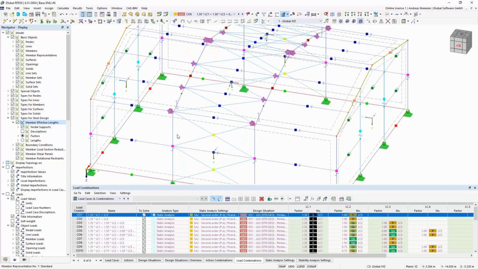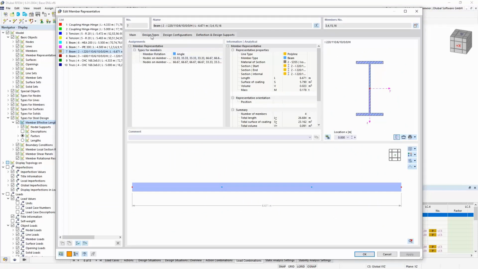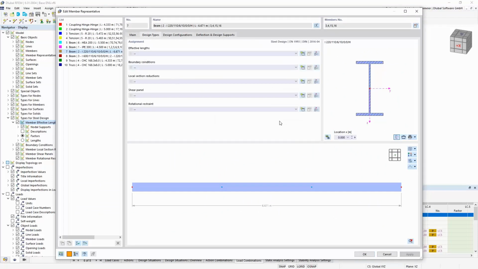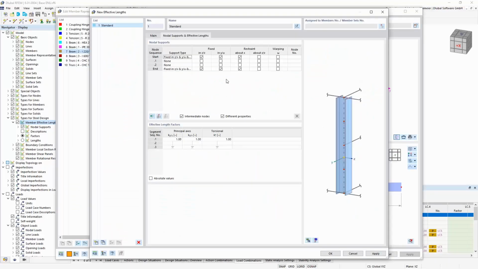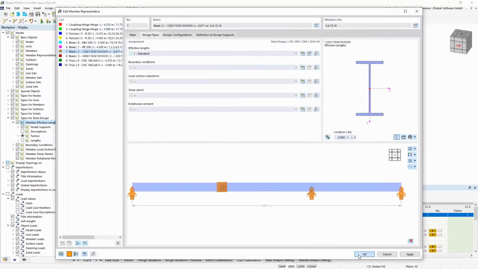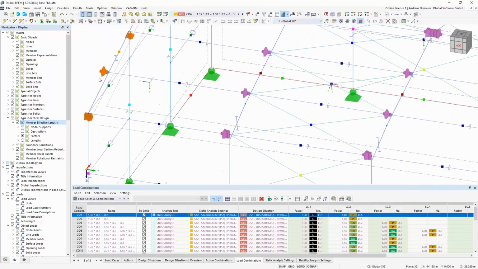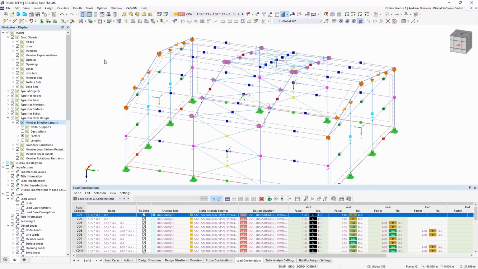The same for the outer ones. So if we select the outer representative, where we can say we have now here effective flanks, we want to check buckling in both directions, plus torsional and lateral torsional buckling, where we say please according this member, where we fix the first node only in horizontal direction and the second in both. And after confirmation, you see here this node is only checked in horizontal and this node with the column is checked in both. The same job we have now to do for both, but I forgot something.